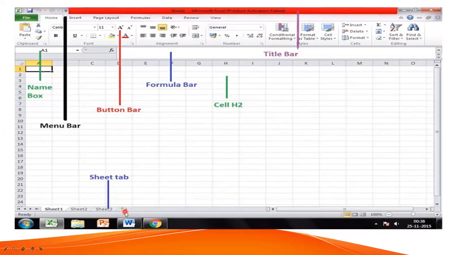Nawal, this is what I am explaining. Is it clear now? There is a plus sign given here. I can increase the number of sheets here. Right, so I can insert many sheets in one program, so it would be convenient for me to see all of my work in a single program. If I'm going to see the result of ninth A, I'll go to sheet 1. For ninth B, I'll go to sheet 2, and for 9G, I'll go to sheet 3, and so on for sheets 4, 5, 6, 7, and so on. I can increase the number of sheets from here.